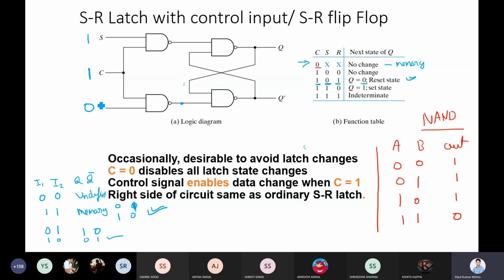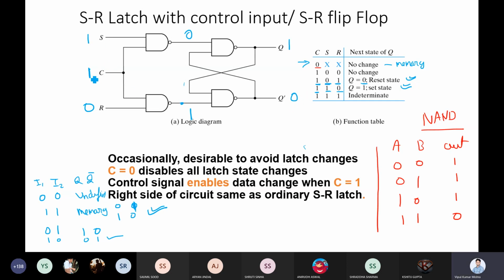1 and 0. Once it is 1 0, so 1 1, it will become 0, and 1 0, it will become 1. So the value of this portion is, like, input will be 0 and 1. We already seen when we have value 0 and 1, what output you will get? Here you will get 1, here you will get 0. Got it? So now if your value is 1 0 and clock is 1, it will reach the set state when q equal to 1 and q bar equal to 0.